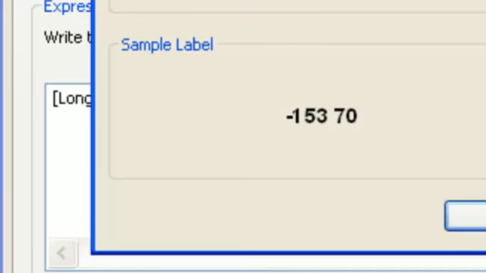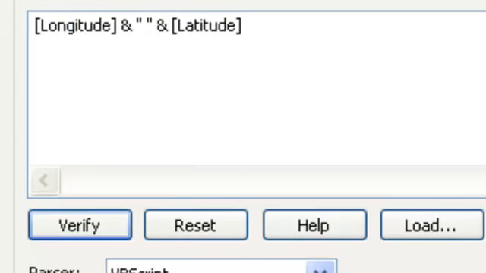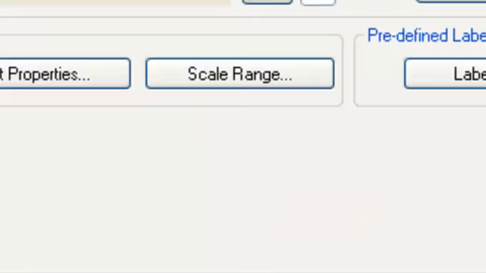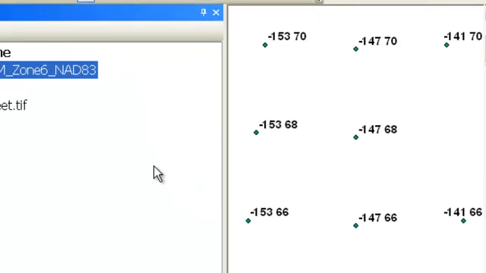And then we'll verify that. So that's what we would get as an example. And then just OK, label the features in this layer. OK. So now we know the original longitude and latitude of these UTM points,